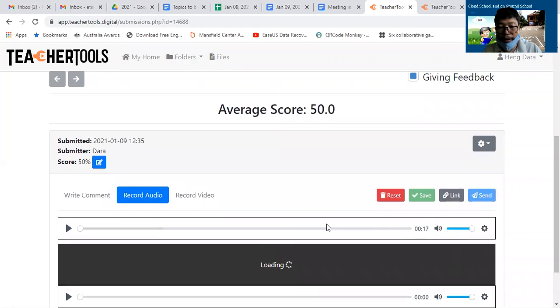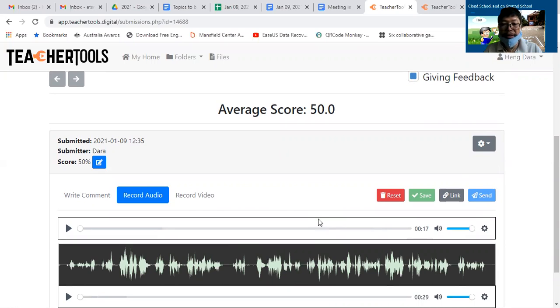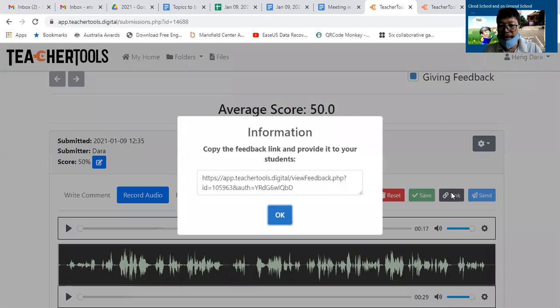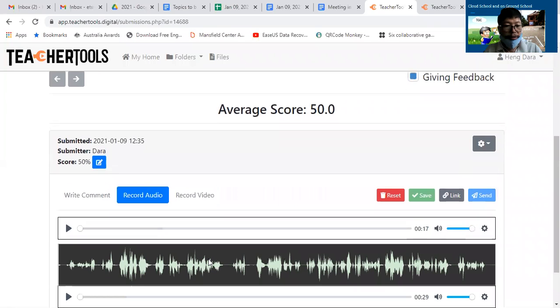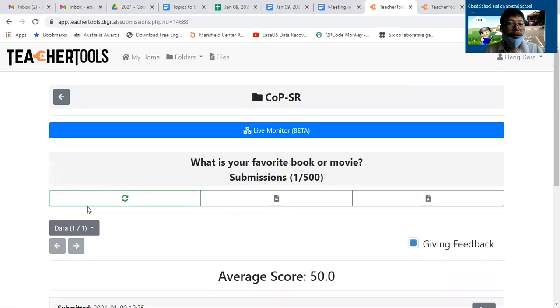So now you know how the assignment is created by taking the template that is available, produced by the company, and also you know how to do the feedback, and you know how to get the link of the feedback for your student. I can share this to you now as a feedback into the Telegram group so that you can follow up later to see how that works. Now, instead of just getting a copy link like this, you can send the feedback to the student. I would go back to the original folder of this assignment group